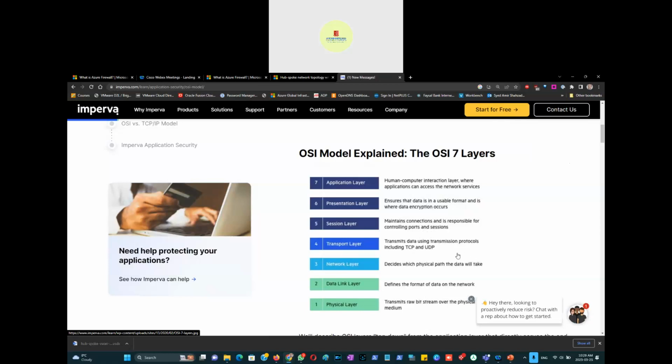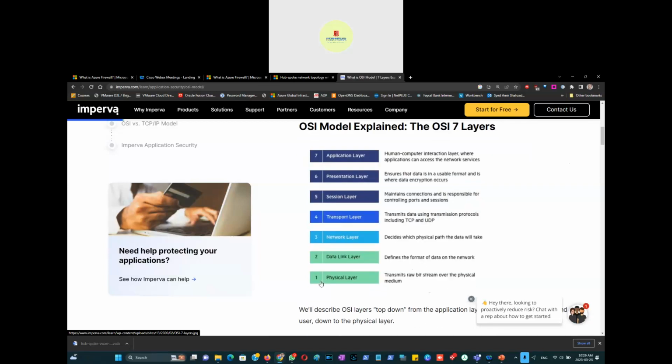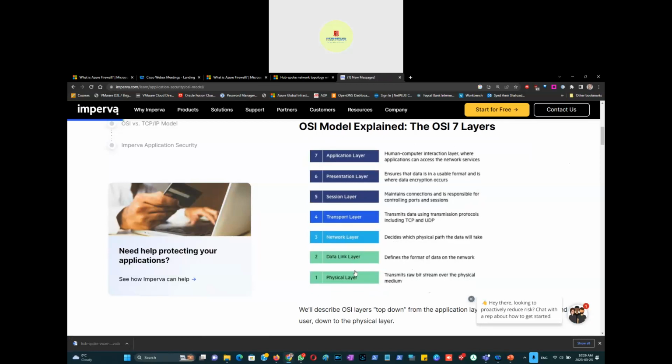Transport layer transmits data using transmission protocols, including TCP and UDP. Network layer decides which physical paths the data will take. Data link layer defines the format of data on the network, and then physical layer transmits raw bit stream over the physical medium. So when your data moves from one computer to another computer,